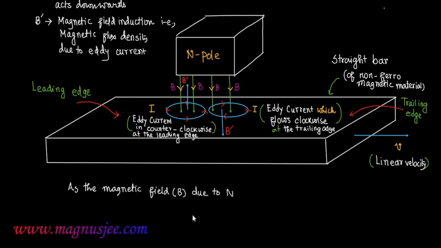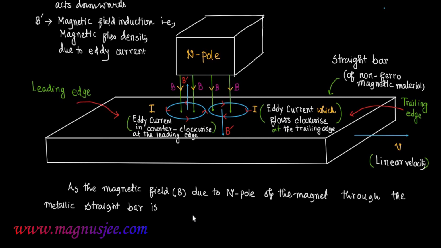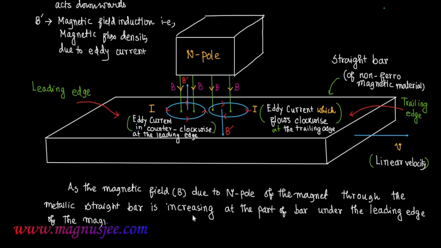As the magnetic field B due to the north pole of the magnet acting through the metallic straight bar is increasing at the part of the bar under the leading edge of the north pole, under the leading edge of the north pole of the magnet,